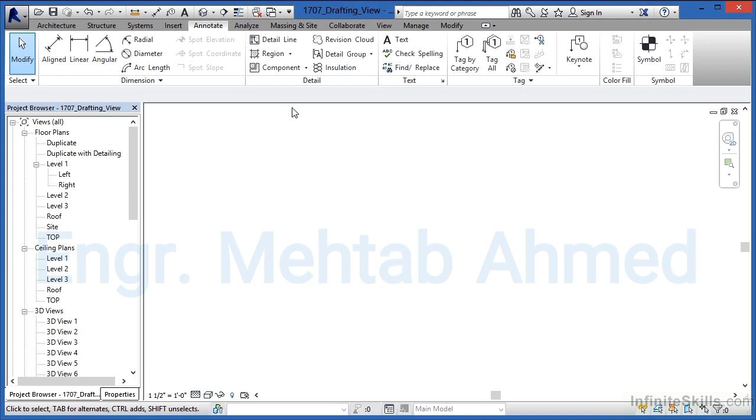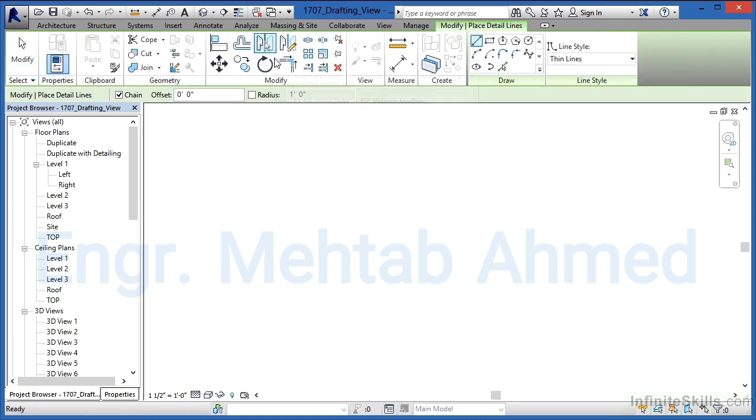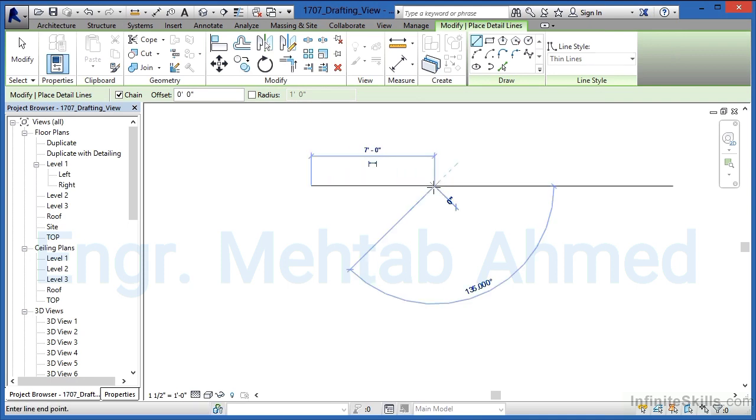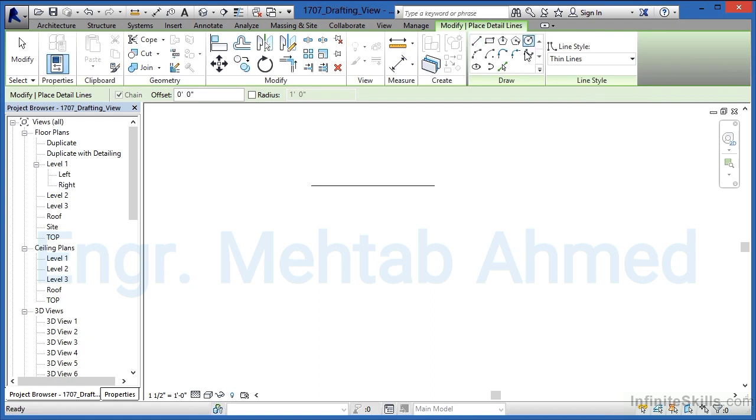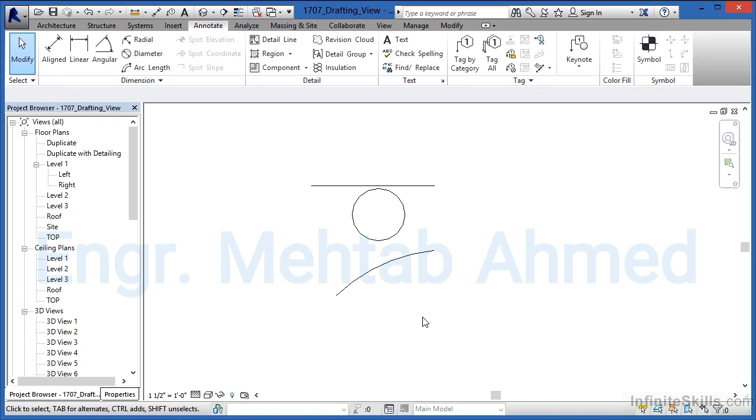In this instance, just to show how you can draw inside of it, I'm going to select on Detail Lines underneath Annotate. I'm going to select on the Line tool, and then I'm going to draw a line in, hit Escape a couple of times, Detail Line again, pick on the Circle command, draw in a circle. I hit Escape once on the keyboard, select on the Arc command, and then draw in an arc, and hit Escape a couple times on the keyboard. The point of this is that you can do two-dimensional drawing inside of the Revit environment by creating these drafting